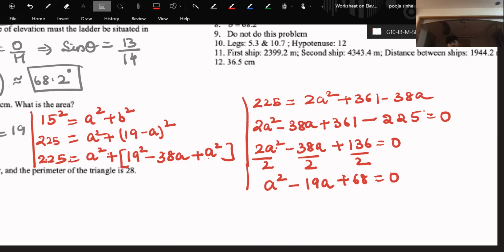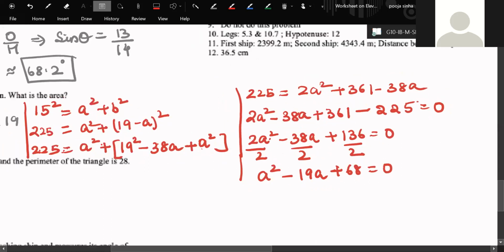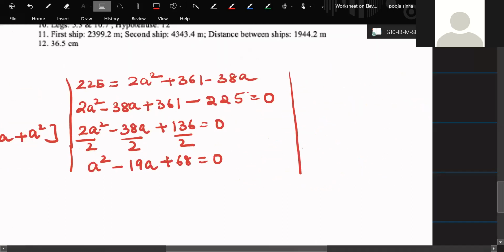I'm so confused. I'm not understanding. Now basically it is a quadratic equation which you need to solve. Once I understood that, I'm not understanding how to go further than this. I don't think you will have a perfect answer for this. So you will use the formula. Do you remember the formula method? First you write A is equal to 1, B is equal to minus 19, and C is equal to 68,